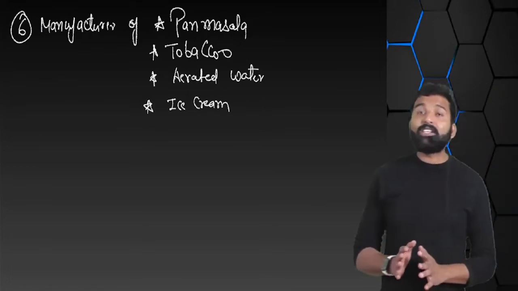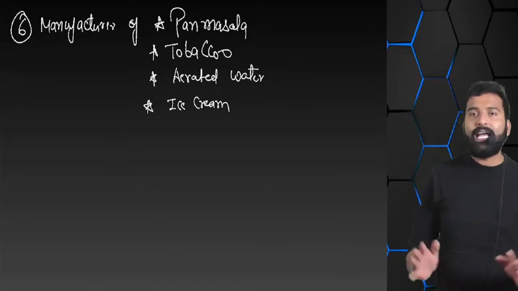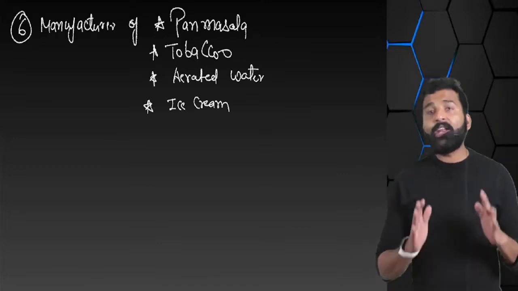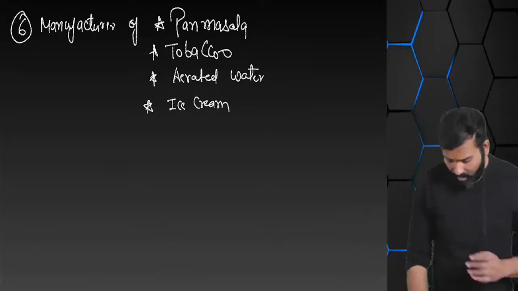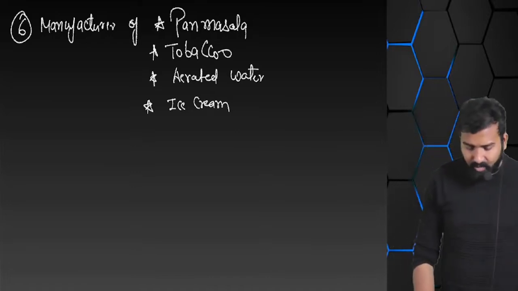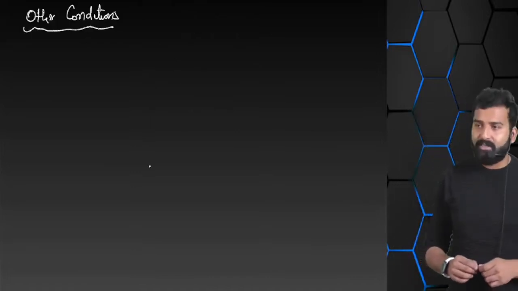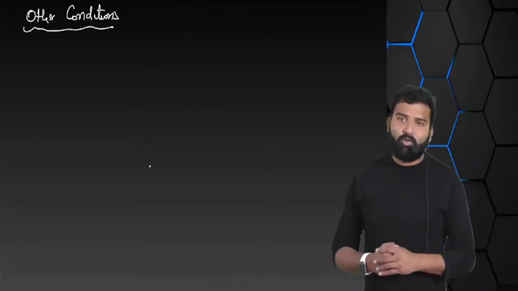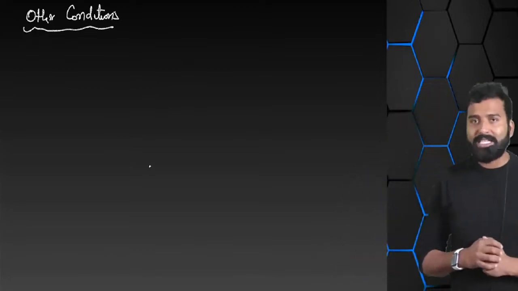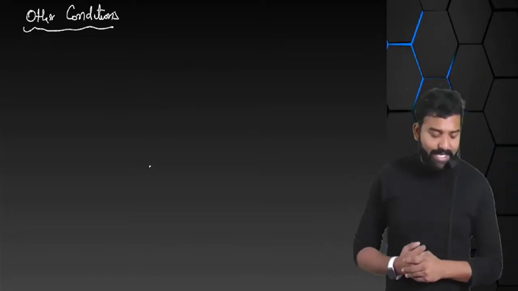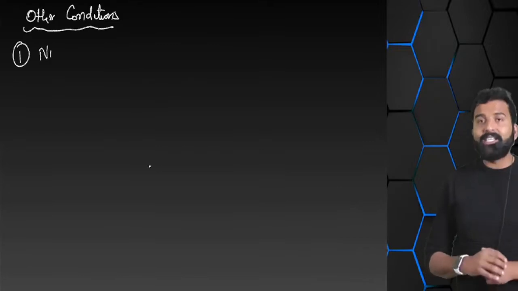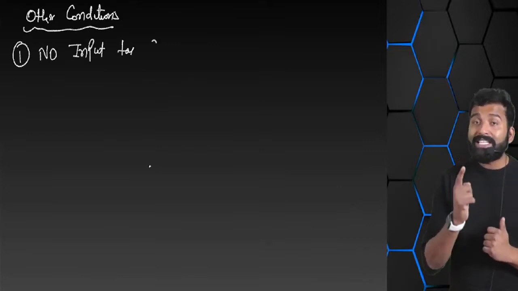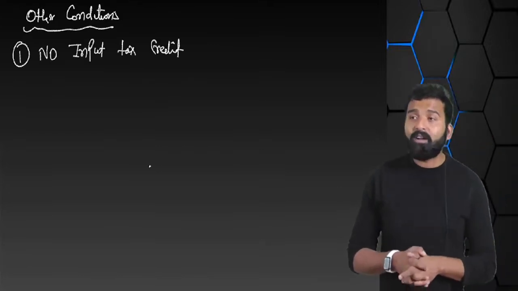We have already discussed who are ineligible, who cannot avail the composition scheme. Now I'm going to talk about other conditions that a composition dealer has to follow. Then only he will get the composition scheme. Sir, what are the conditions? Please tell us. The very first condition is, you can see that for a manufacturer, for a trader, for